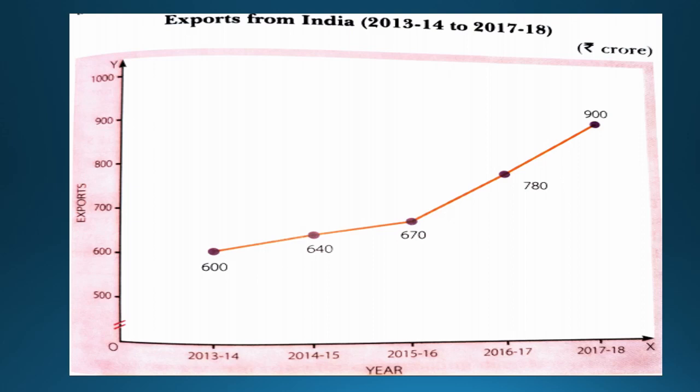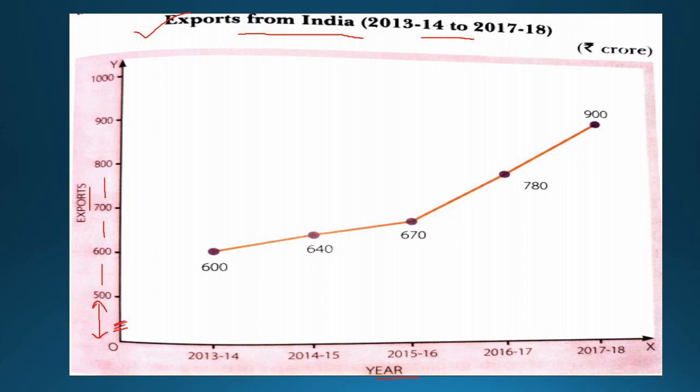See, the graph shows exports from India. This is the time period. So this is the heading of the graph. Now exports are shown on the y-axis and time, that is year, is shown on the x-axis. Now see, the first gap is of 500 and the remaining gap is of 100. So to indicate this gap, we will use this false line, or we can say a cut or kink.